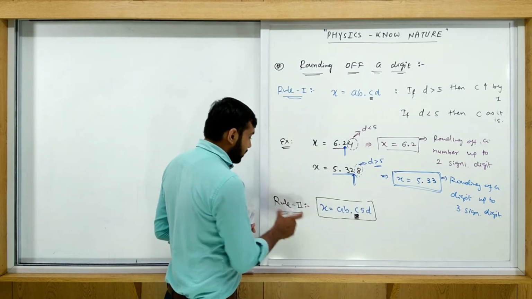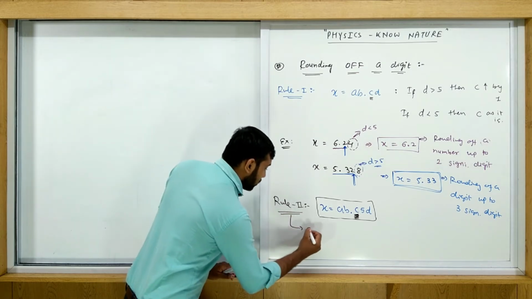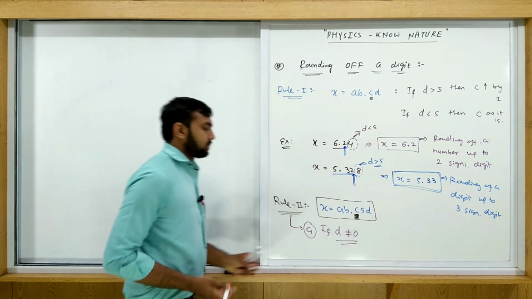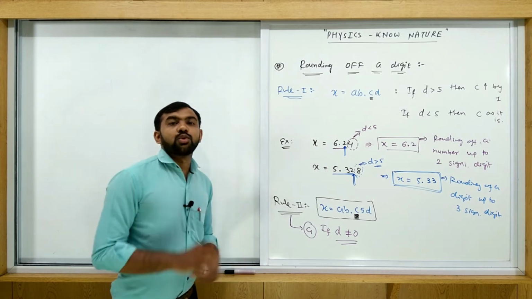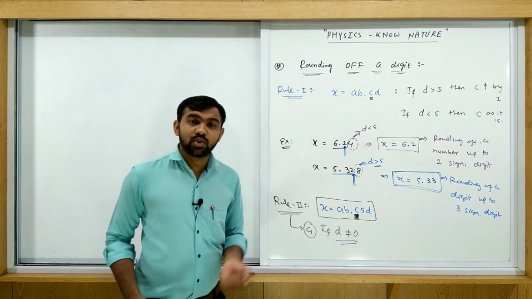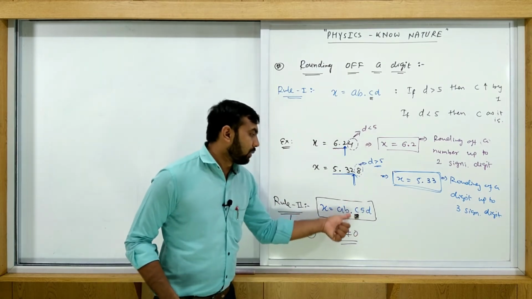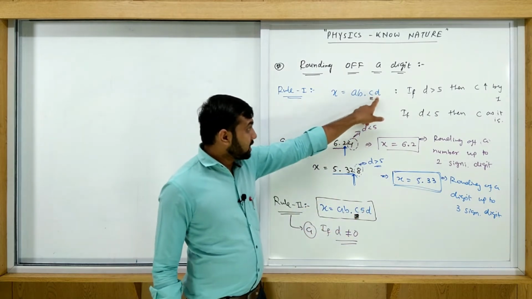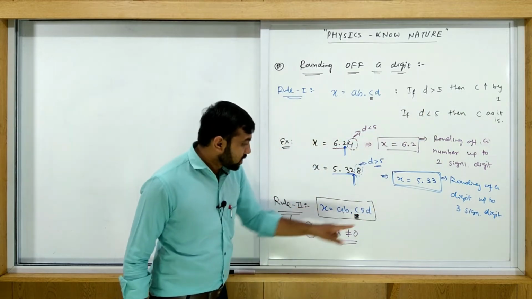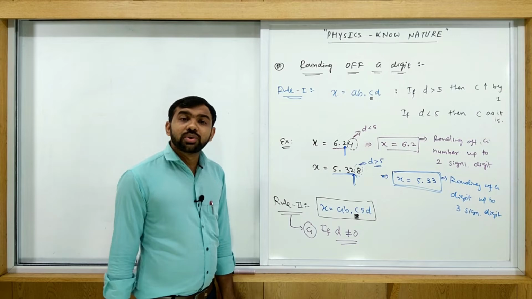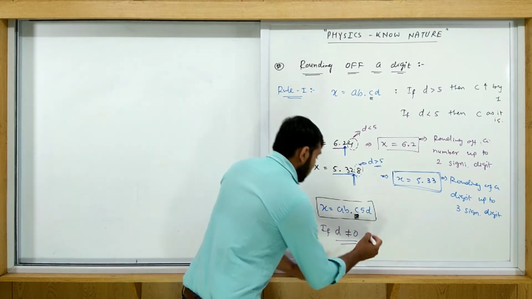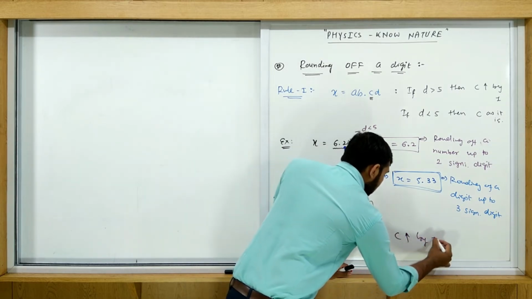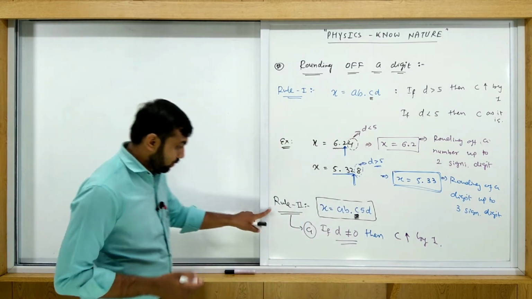Write down in this rule number 2, case 1: if D does not equal 0. If D does not equal 0, meaning D here is not 0, it can be 1, 2, 3, or 9, any D, you have to round off C. In every example you have to round off C. The digit 5 is there; if it is more or less than 5 we apply the earlier rule, but if it is exactly 5, then there are two rules. Case 1: if D does not equal 0, then C is increased by 1. This is the first case in rule number 2.